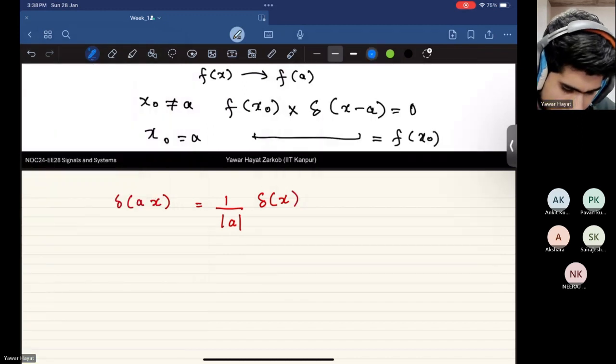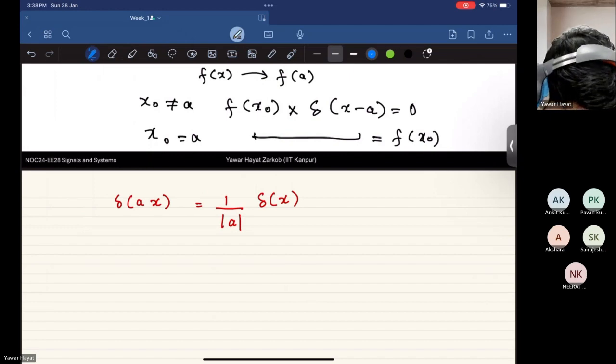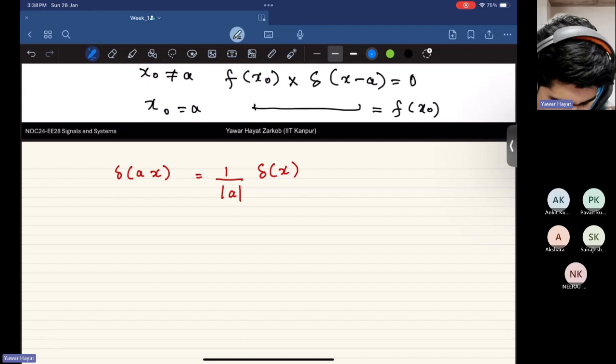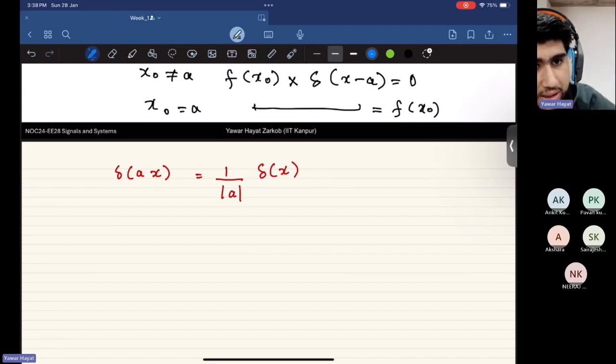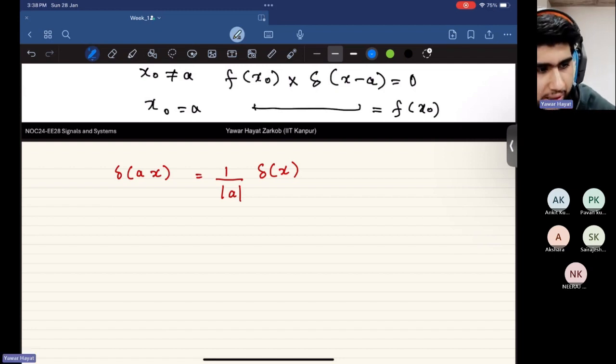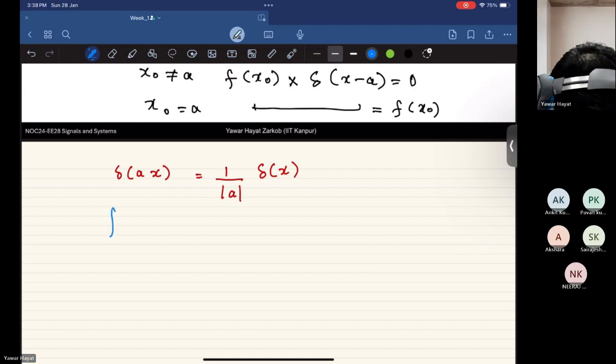This delta function makes sense when it is under an integral, so we'll put it under the integral and then see if we can prove this: the integral from minus infinity to infinity